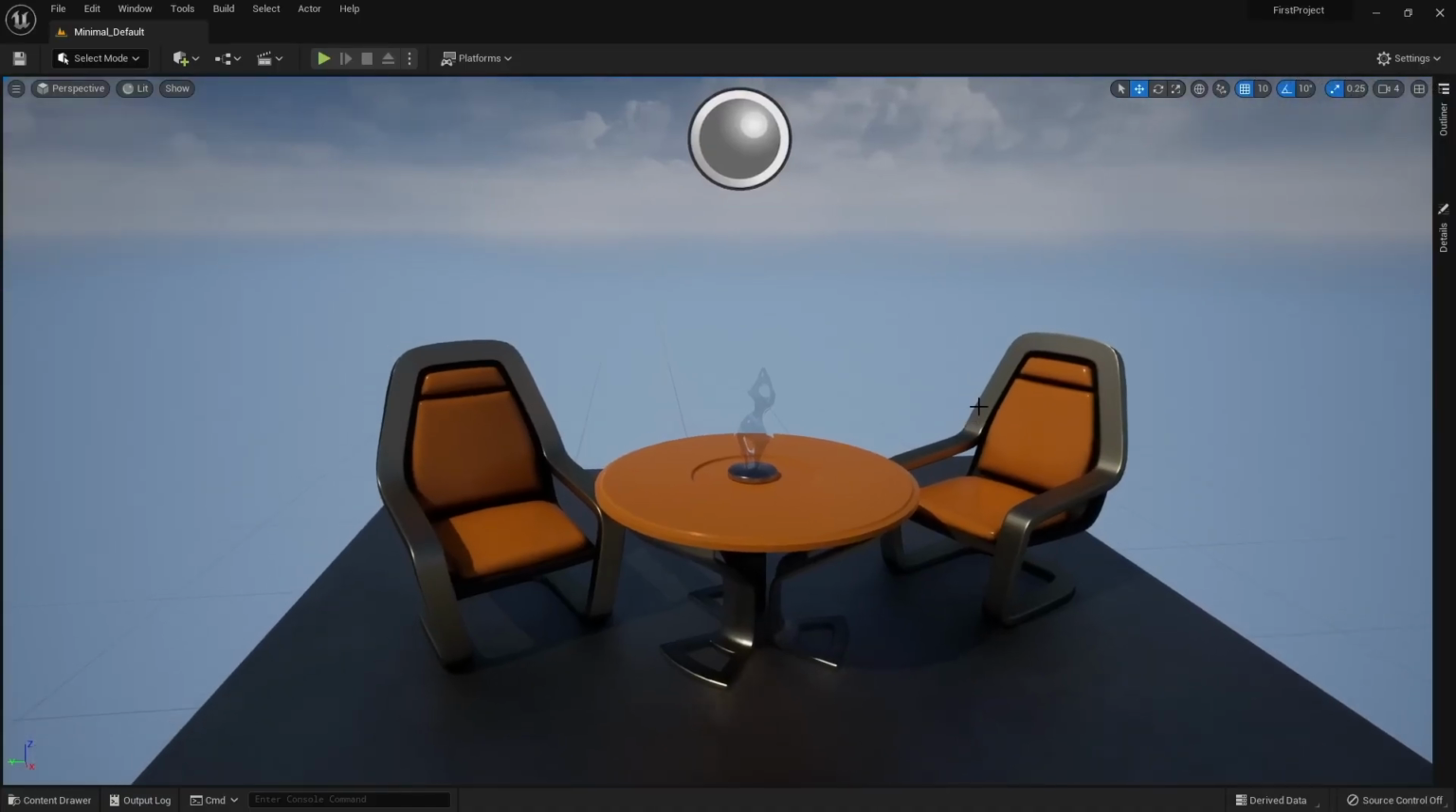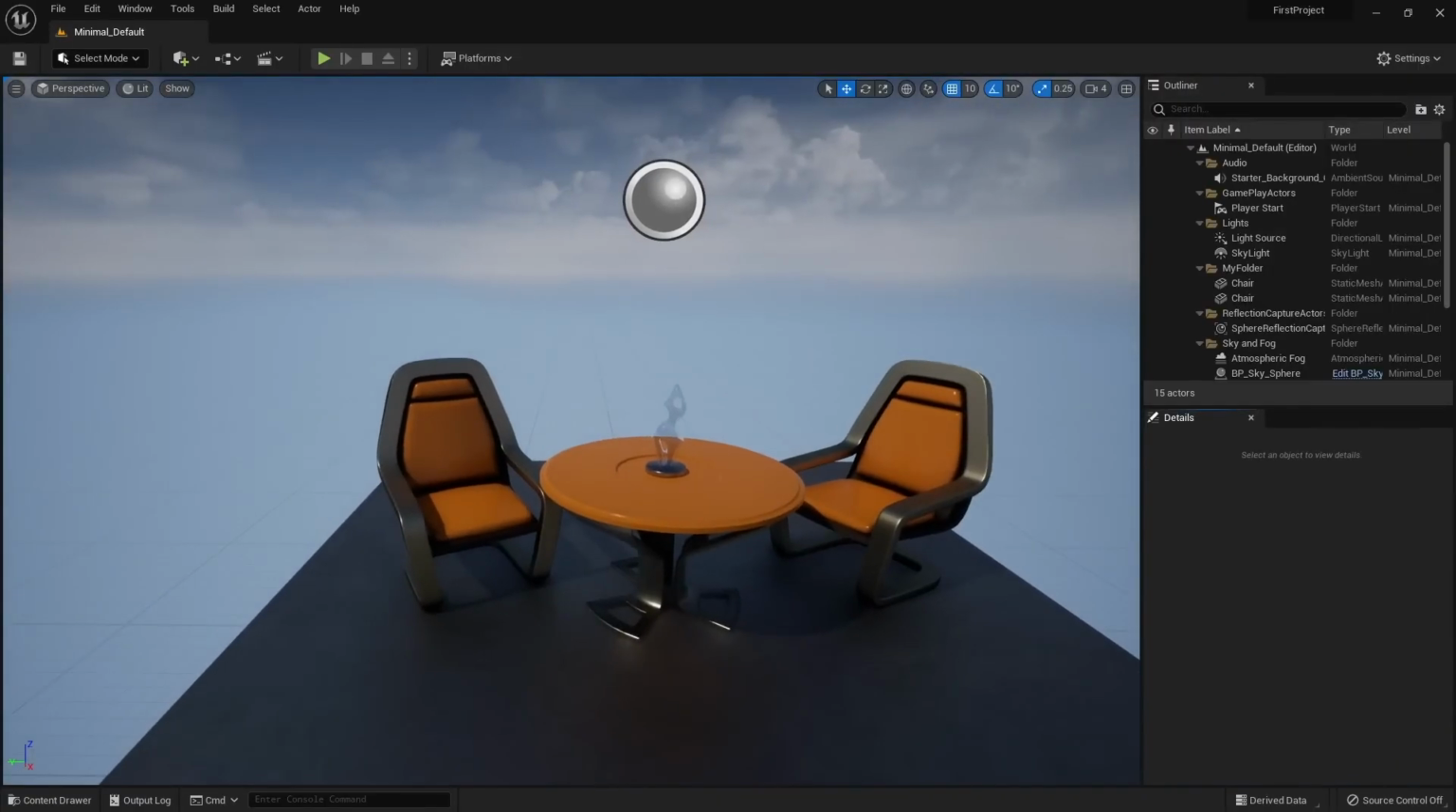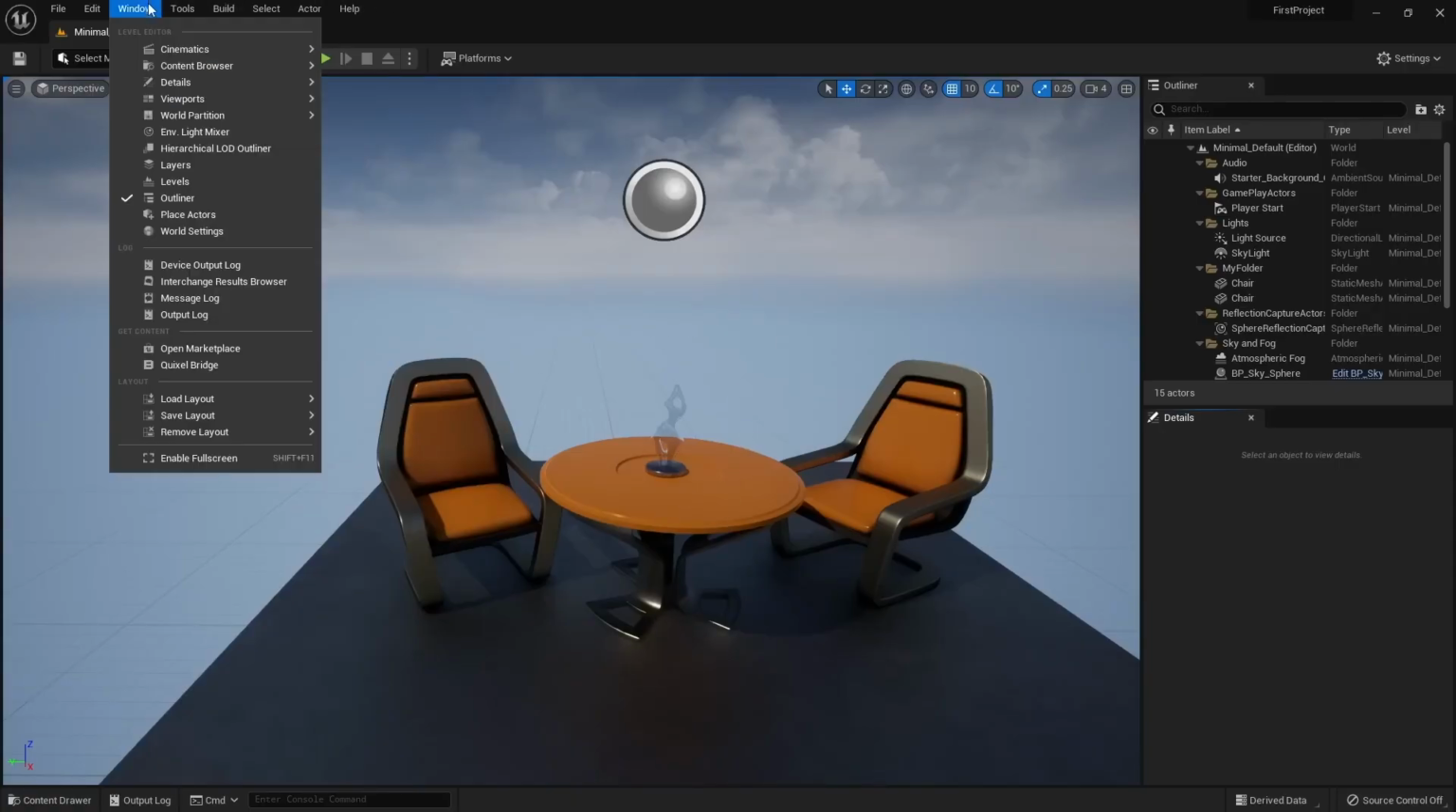And then I can click on F10 again to bring those windows back. So F10 is a neat shortcut to automatically dock all your windows. Now, these are just the default windows. If you want to see all the windows that are available to us, we can come up to Windows and